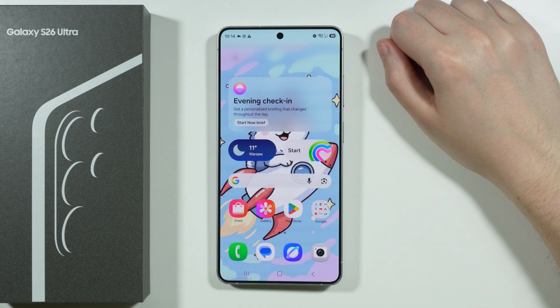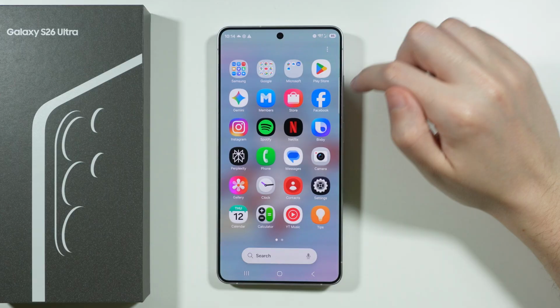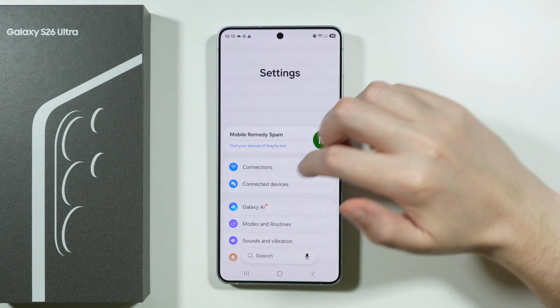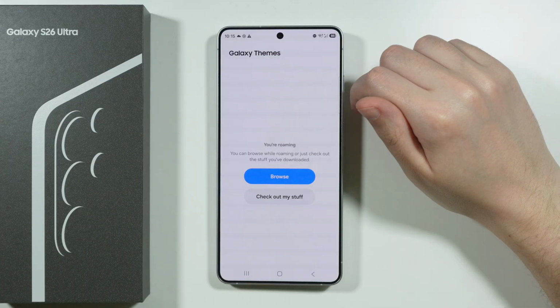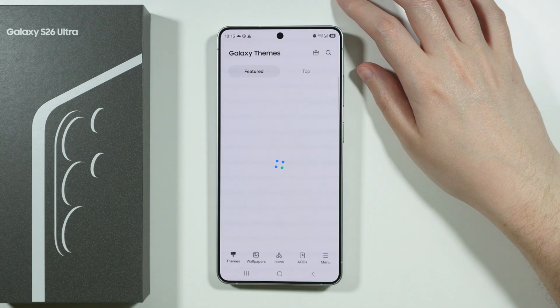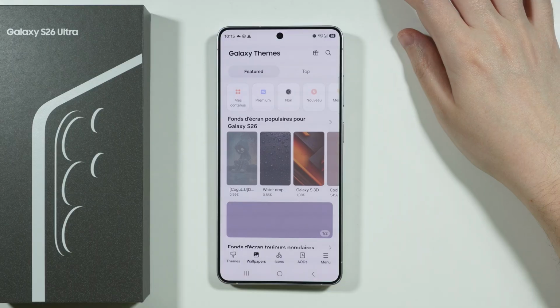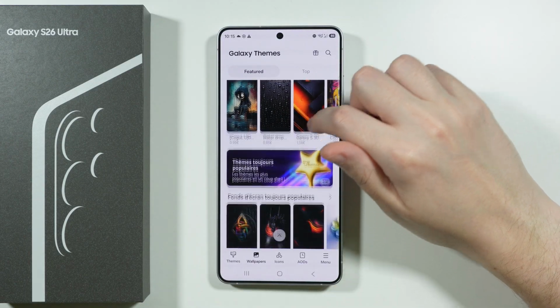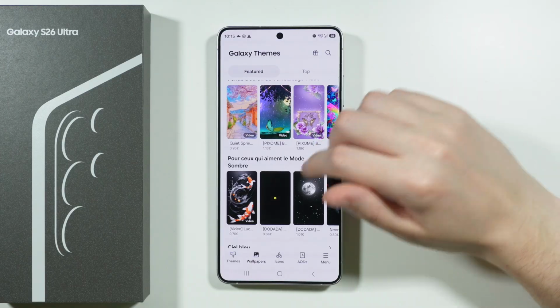To download free wallpapers on Samsung Galaxy S26 Ultra, first of all, we need to go to Settings. Over here in Settings, we're gonna proceed to Themes. And once you open the Galaxy Themes app, then we should be able to switch to Wallpapers at the bottom of the screen. Now over here, you should be able to find many different wallpapers, and unfortunately, most of them